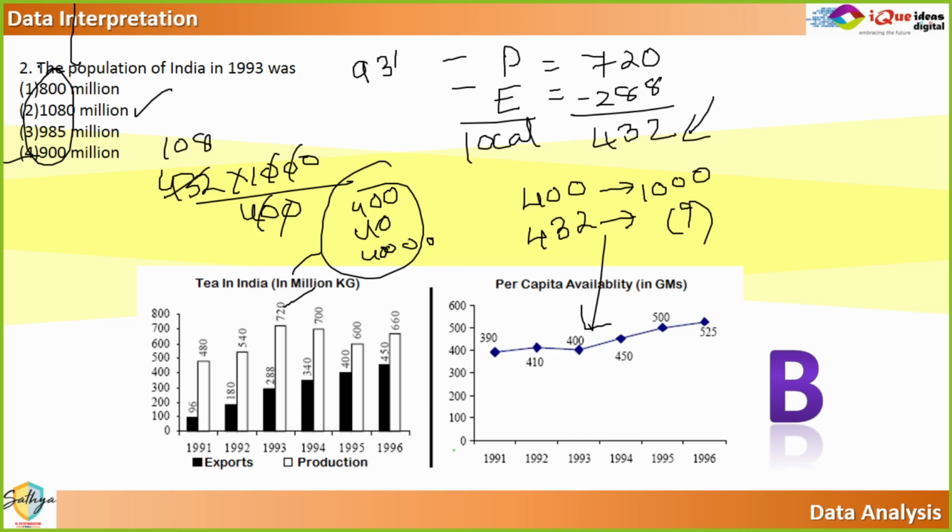Right? So you have to be very careful. Sometimes they will give you data like this where you will get confused with millions and lakhs. But what you need to understand, the zeros they really don't matter when the first numbers themselves are different. If the first numbers are same, so you have to be careful. Okay, is it in lakhs? Is it in millions? Kilogram ka gram and all the other things. But overall, when the numbers themselves are different, conversion really doesn't make any difference to the answer. Chalo. Next one.